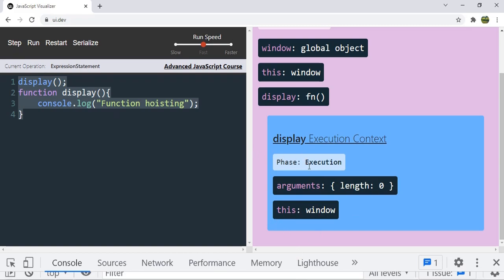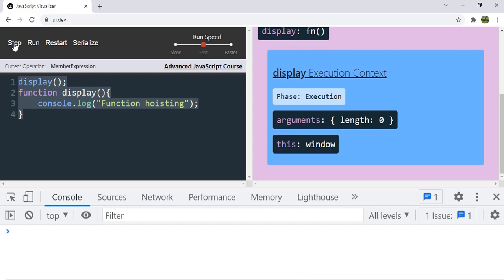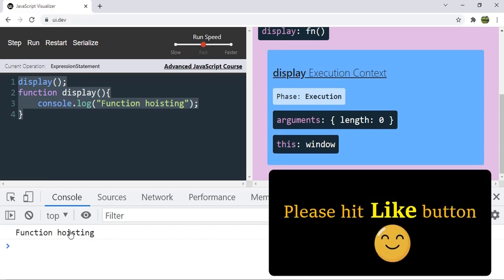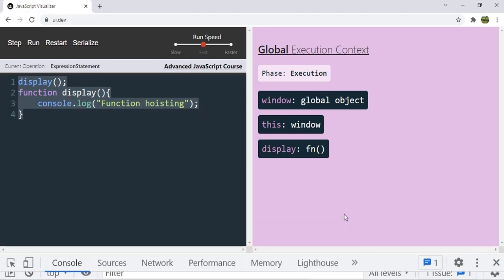Step, and now it moves to the execution phase. After that it will start executing the display function, and whenever it finds the console log statement, it will print "function hoisting". Once it completes the function call, it will remove the function execution context. So we can see that the function execution context is no longer available. This is how it works behind the scenes.